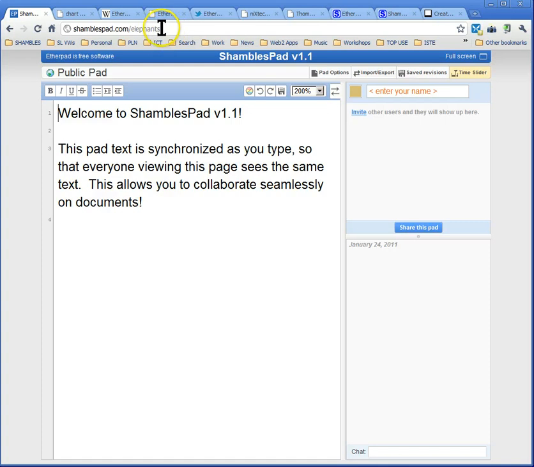ShamblesPAD.com/elephants. If you had a code for your class, you could have a class name there followed by a subject. There are a number of things on this page, and when people come to the page they can put their name in here. Let me put mine in, Shambles Guru. You put your name in, and you get a color, and each person will get a color, and then when you type, let me come down to here and type something, you can see,